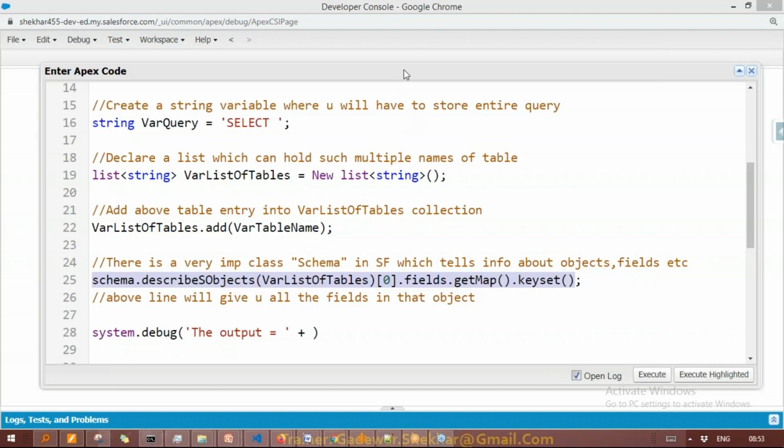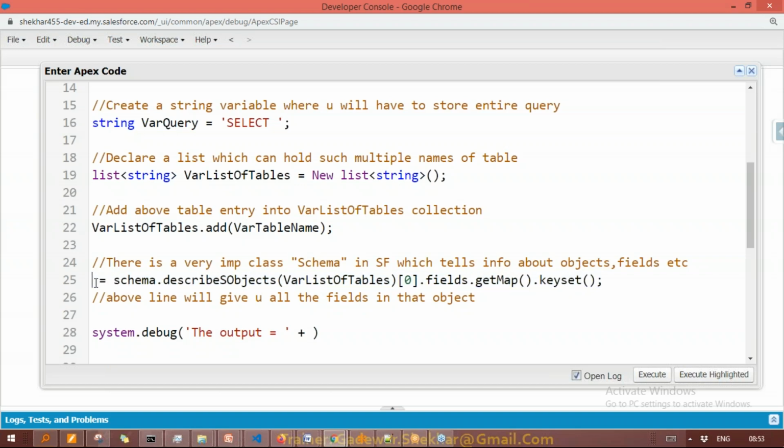Or you can copy the entire thing, or you can also do one thing: take all this information in a collection. That's also fine. Let's go for the best practice, putting all this in a collection. But now the problem is which collection. This will give the columns or fields of that object. It will be multiple, of course. Then we have to write a collection here.